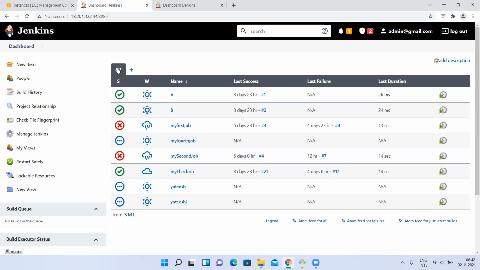See, here in this all jobs will be listed. I want to create a separate view for only my projects. These are my projects, Yatish is there, right? Only these are my projects, so I want to create a separate view for them. For example, as I said, there is one project, Flipkart.